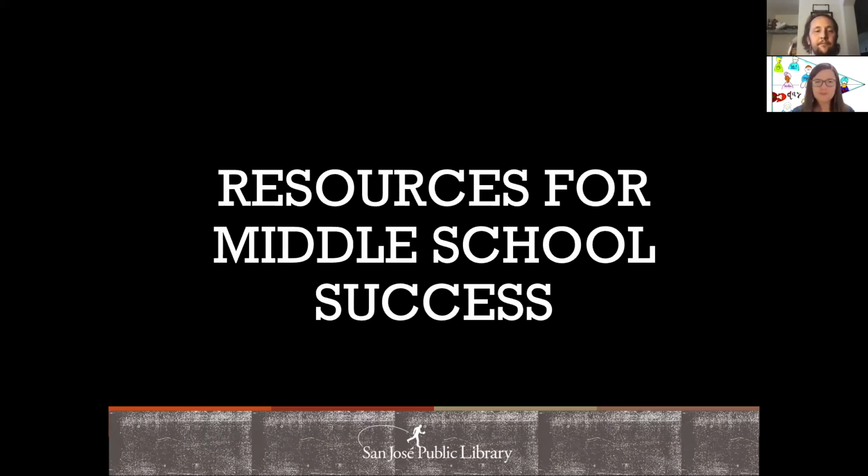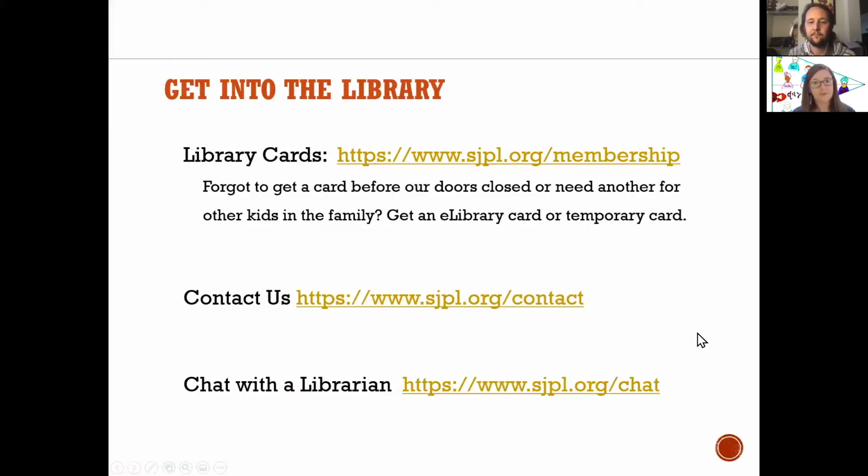A lot of the resources do overlap a great deal, but some of them are more targeted towards a specific age range, so I can talk about resources for older and younger students. With that said, let's go ahead and get started. Before we start talking about what the library has, you have to know how to get access to the library, and that requires that you have a library card. Now, the library card is completely free, and all of our resources are also completely free. So it is all free to you as the user. We're tax funded. We're here to serve the members of the San Jose community, and anything that we're offering through the library is not going to be available with a charge or anything like that.